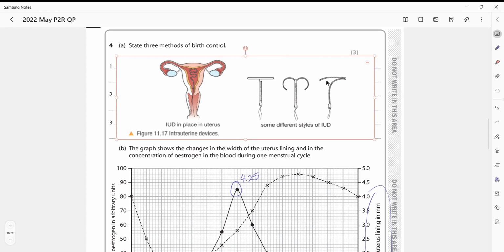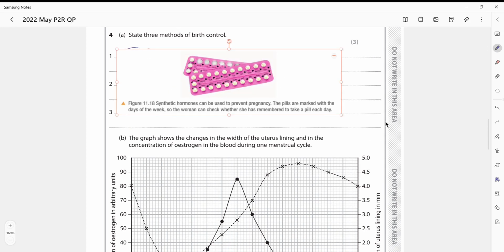Let's remove this one. So this is an example of a hormonal method. This is the contraceptive pill. So we have contraceptive pills that would essentially prevent ovulation from occurring. You could also have an implant as well, which will slowly give off hormones like progesterone to prevent ovulation. So there are different ways to go about releasing these hormones. And then the last one